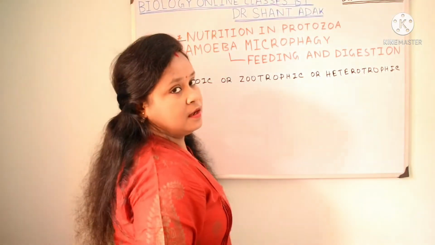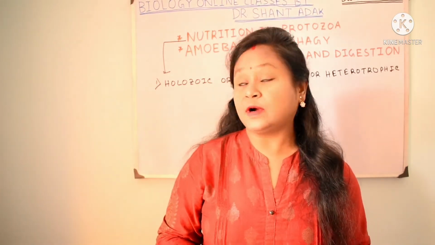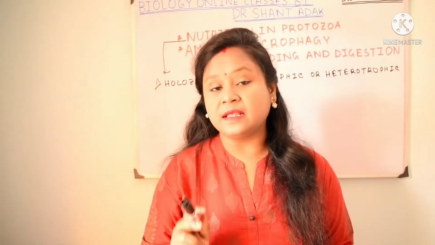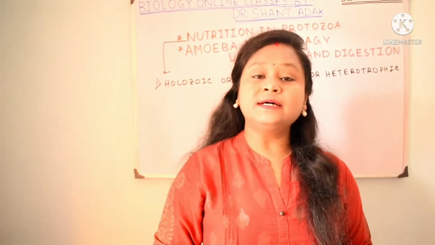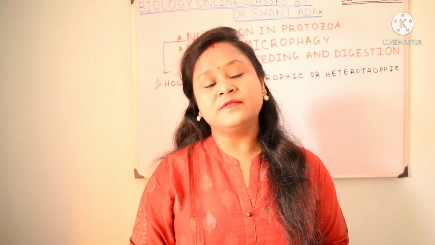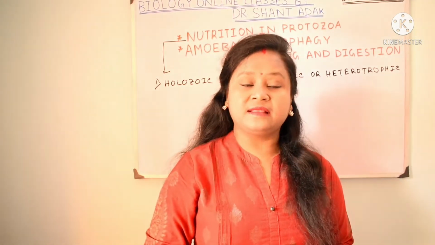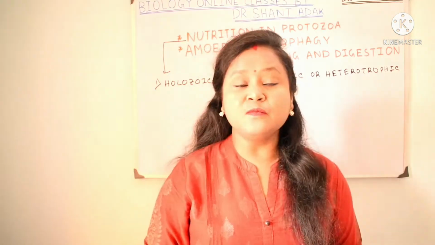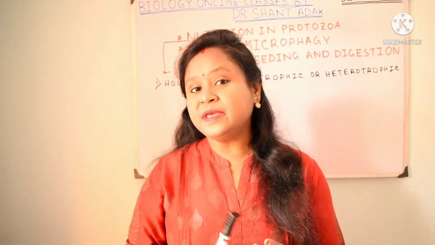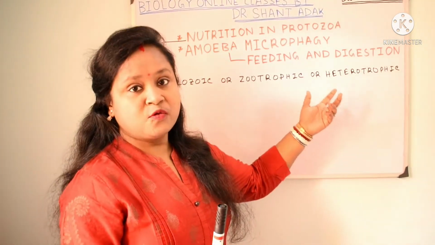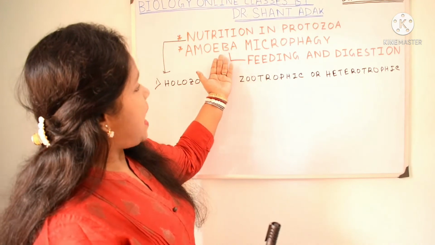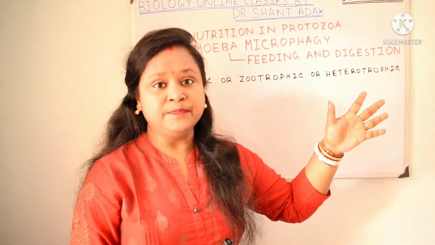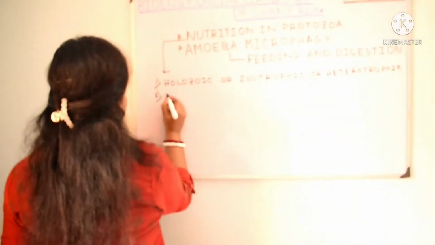So what is this particular type of nutrition? What do holozoic, zootrophic and heterotrophic mean? In this method, plants and animals smaller than the body of the protozoa are consumed as a food source. This method involves ingestion, digestion, assimilation and egestion. This is macrophagous nutrition, and amoeba uses this type. When I discuss amoeba microphagy, feeding and digestion in detail, this topic will be covered there. Next, autotrophic